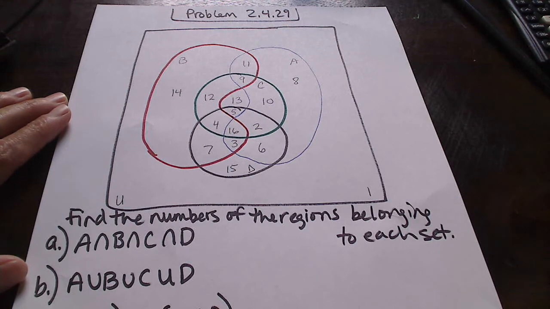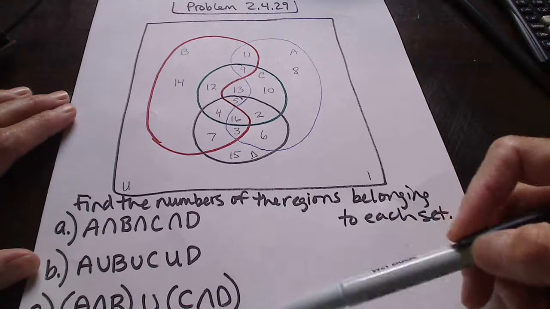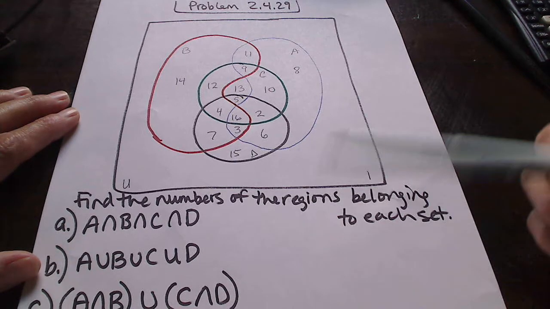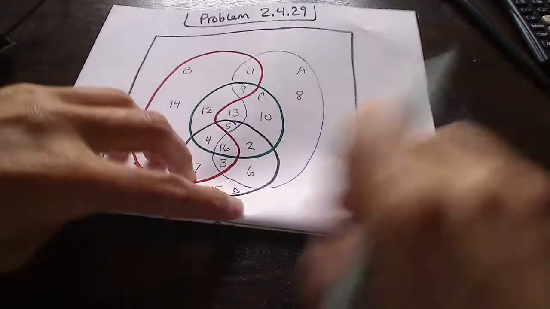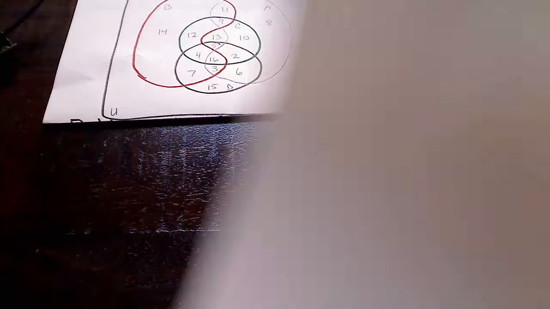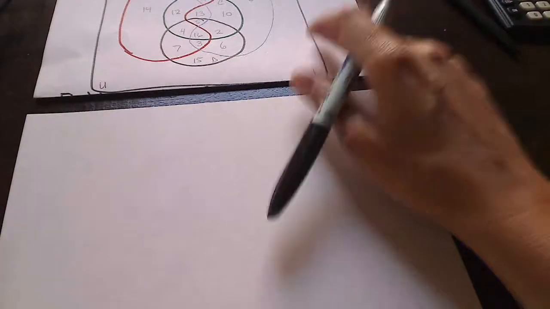Okay, so because of the way that they're asking this question, I think it would be easiest if we first of all just go ahead and identify what are the elements that are existing in each of these sets. Okay, so I'm going to kind of fold this so we can see the Venn diagram, and we'll come back to each of those problems separately. So let's first take a look at the elements that are in